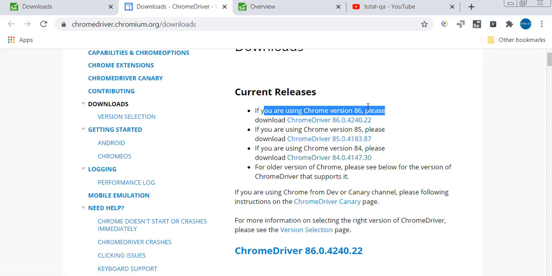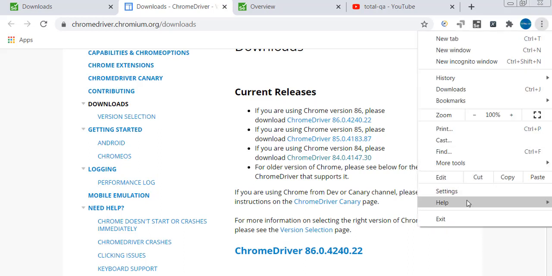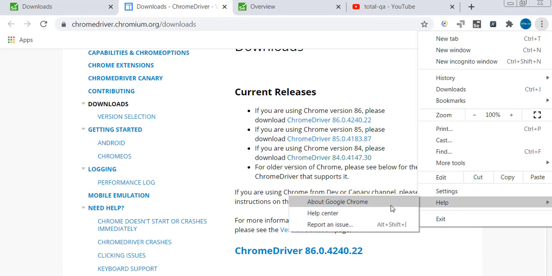Now let's find out the Chrome version which we are using. To identify it, click the three dots, navigate to the help section, and click on About Google Chrome.